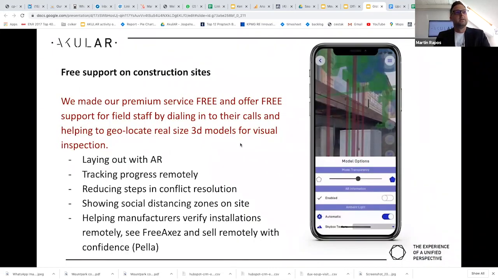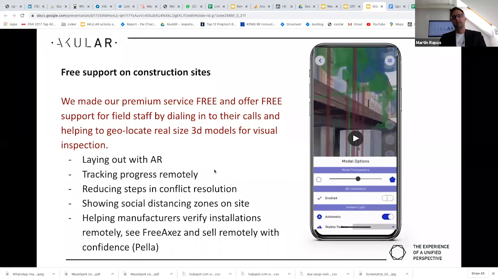So another thing that we worked with the industry on is how we can help in the field. People are coming back on the construction sites, and there are limitations on how many people can be at the site at every moment in time. So we are supporting that by not only visualizing which zones can have how many people, but also by assisting